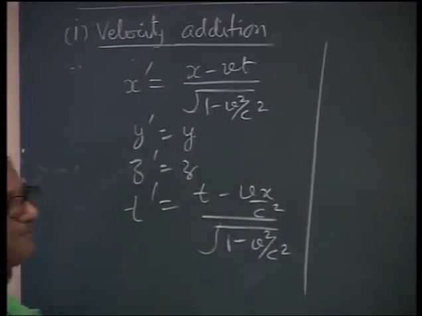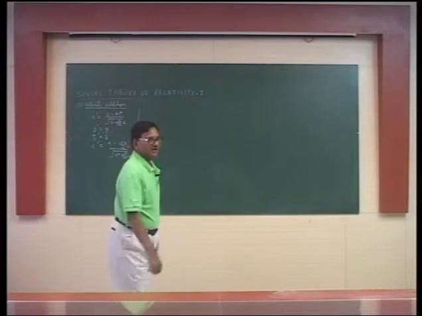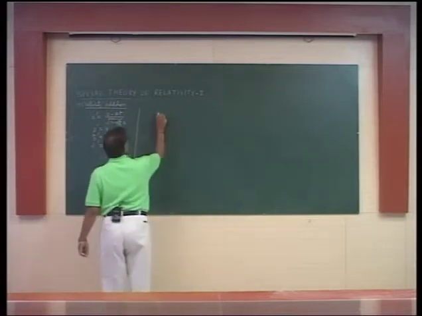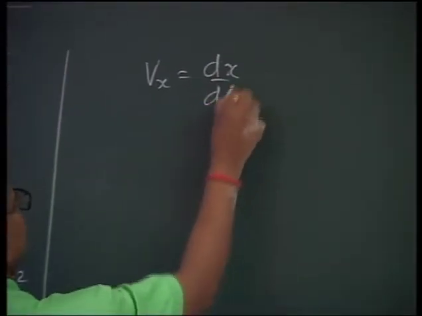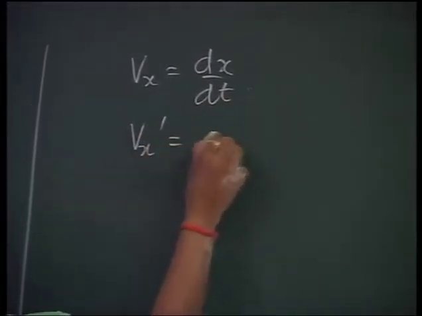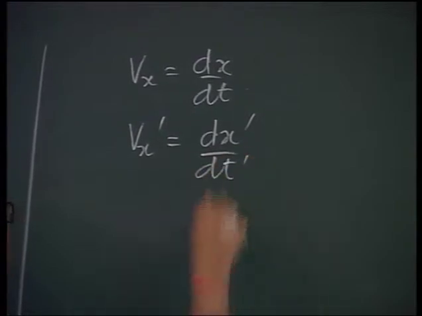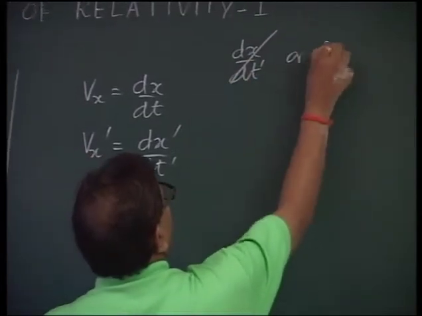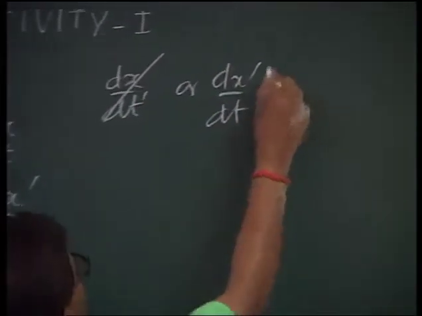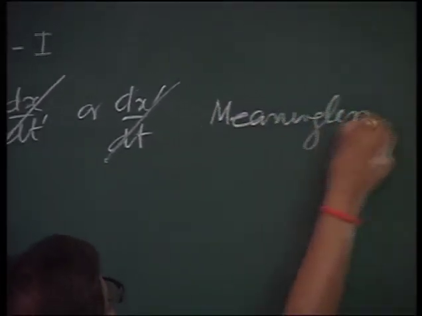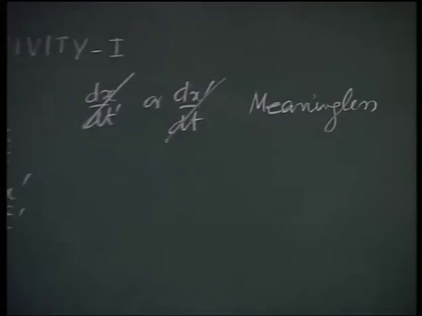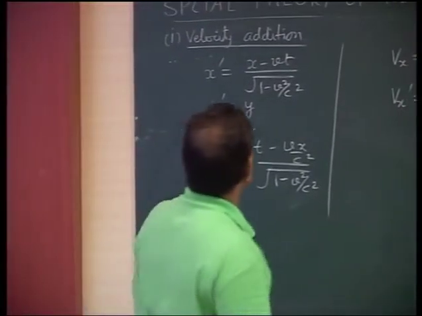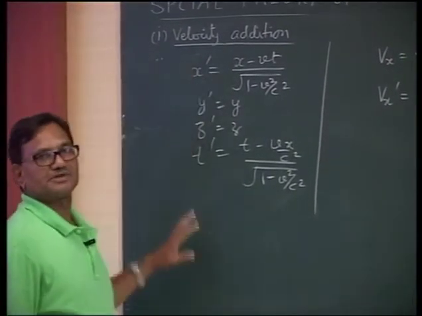How to find the velocity of a particle in a particular frame? So velocity is rate of change of displacement. Obviously, Vx will be equal to dx by dt. And Vx dash will be dx dash by dt dash. Gentlemen, please be careful. dx by dt dash or dx dash by dt, they are meaningless. And therefore, to establish how does velocity add relativistically, we differentiate these Lorentz transformations with respect to an absolute variable, the variable which does not change with time,